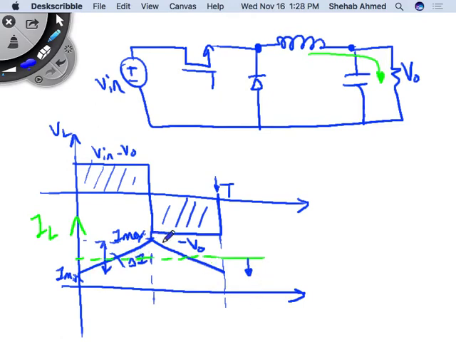Does the ripple change? How did I design my ripple? Ripple was dependent on my switching frequency and my choice of inductor value, right? So ripple did not change. The ripple will not change, but my average value of inductor current is going down. If this goes down, at some point this minimum value will reach 0, right? I keep pushing the average value down further, I will end up at some point with maybe something that,